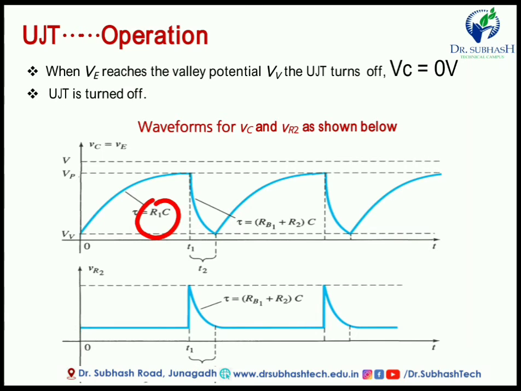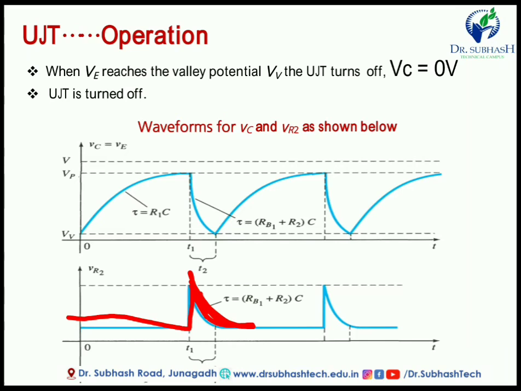If the value of the capacitor is very high, then the charging time is also high. If the value is small, then the charging time is small. And this is the charging time of this capacitor. After the capacitor becomes fully charged, means here VP, after VP the negative resistance region is there. At that time the capacitor will start to discharge, because current will flow from the ammeter to base B2. At the time of discharging of the capacitor, we will get some output spike, and this spike is very important for the triggering of SCR.